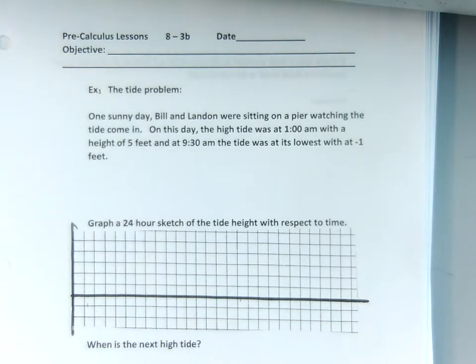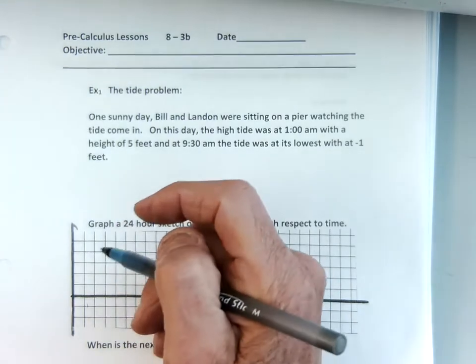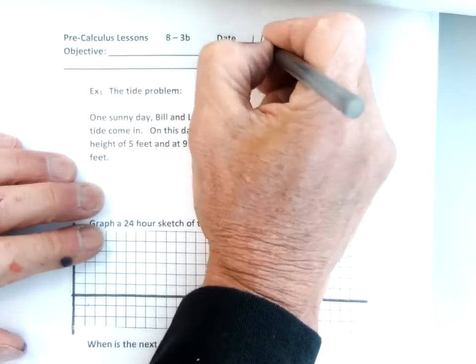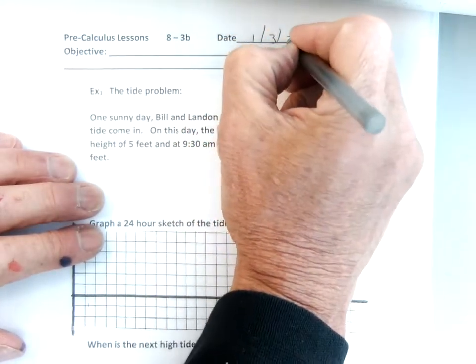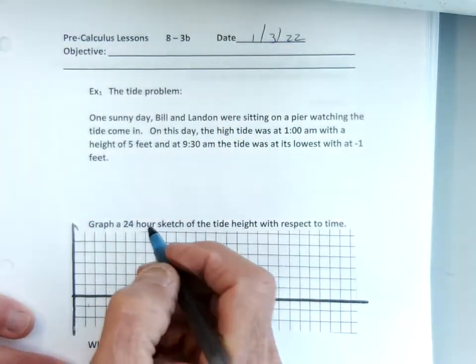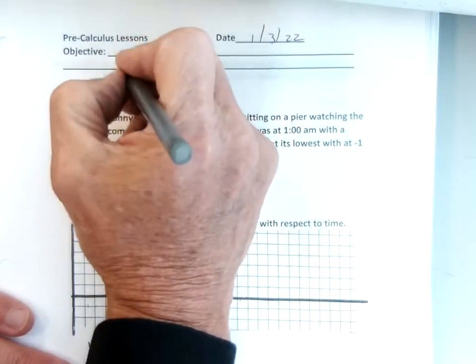Okay, so today we're going to do the tide problem. It's kind of a cool application of trigonometry. Okay. So our objective really is to use